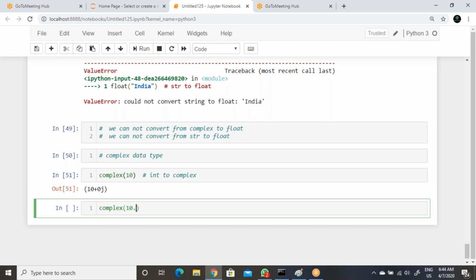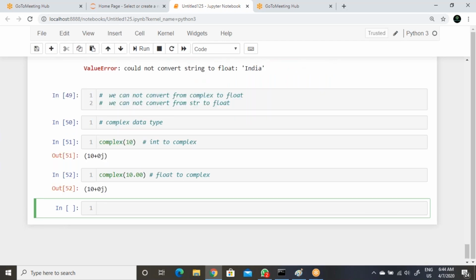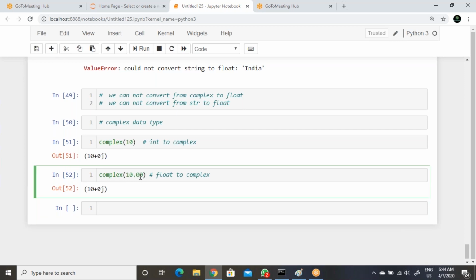Now, is it converting into integer or not? You can say 10.7 also, not a problem. So with 10.7 you will get the clarity. Now understand, make sure you don't get confused here. Interview point, they may stress here. First thing, we cannot convert, as we have written there, from complex to integer.